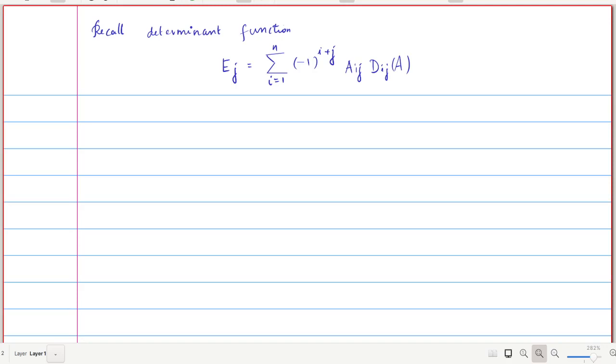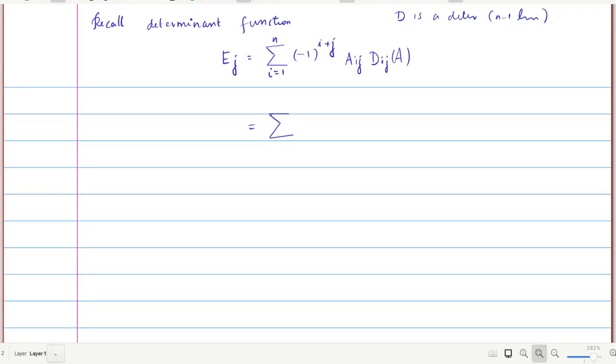We have shown that if D is an n minus 1 linear determinant function, then you can get this Ej as a determinant function, an n linear determinant function. So this proves this is an n linear determinant function if you replace this by a determinant function. Now we write this, when you replace that D by the corresponding determinant function in the order n minus 1.